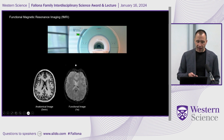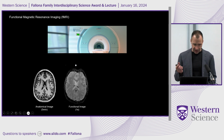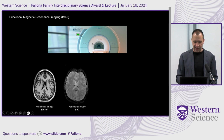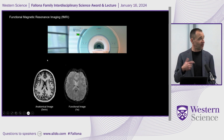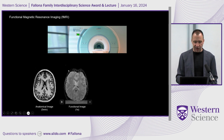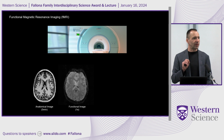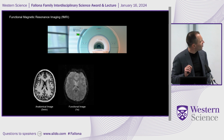And another reason for this revolution is the advent of functional imaging. So at the end of the 90s, functional imaging really took off, and at Western we're of course one of the special centers here in Canada for imaging. So we have a 7 Tesla magnet. You can put people into the scanner like this. You can get a very accurate anatomical image of their brain, but you also can get these much more fuzzy looking functional images. And that only takes roughly a second to get a full snapshot of the human brain. Okay? And if you look very carefully at that movie I'm playing,